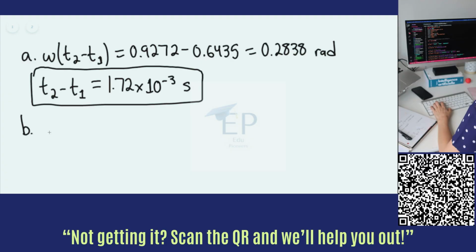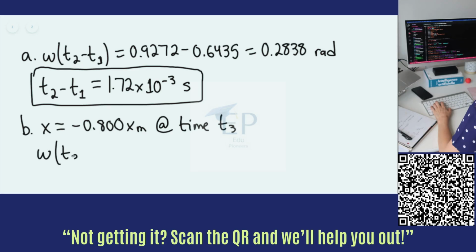Now for part B, we're going to let x equal negative 0.800 times the amplitude, or the maximum displacement, at time t sub 3. We'd be using the exact same method of calculating this. So here omega times t sub 3 minus t sub 1 would be equal to